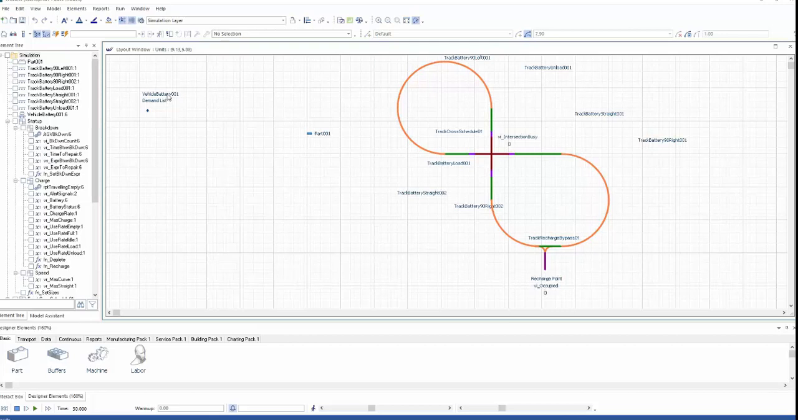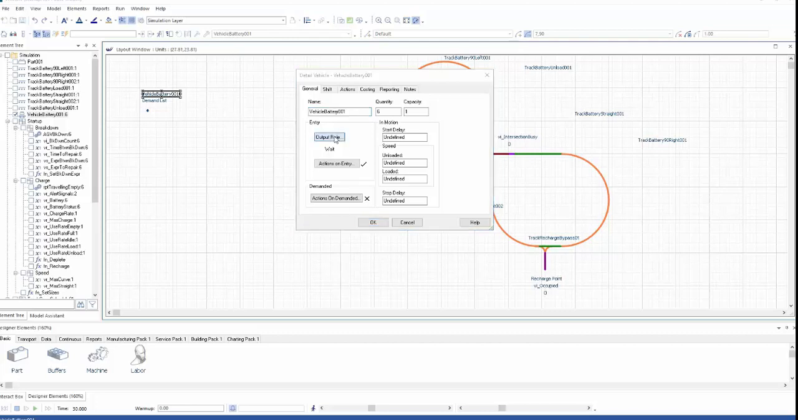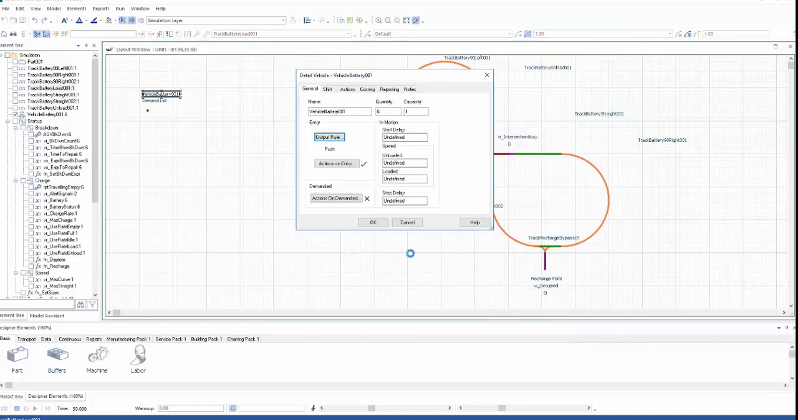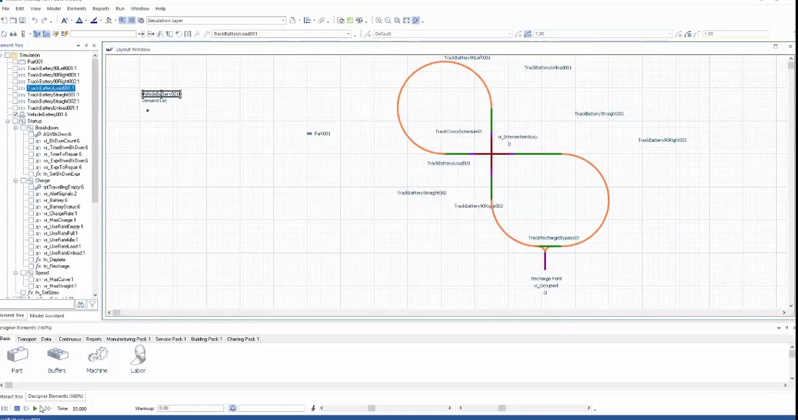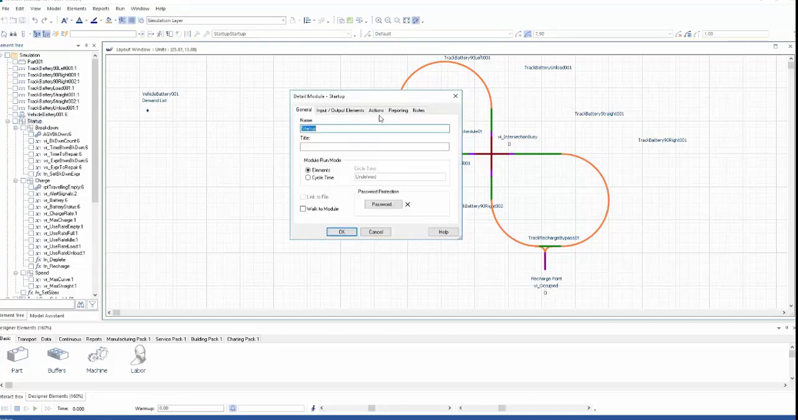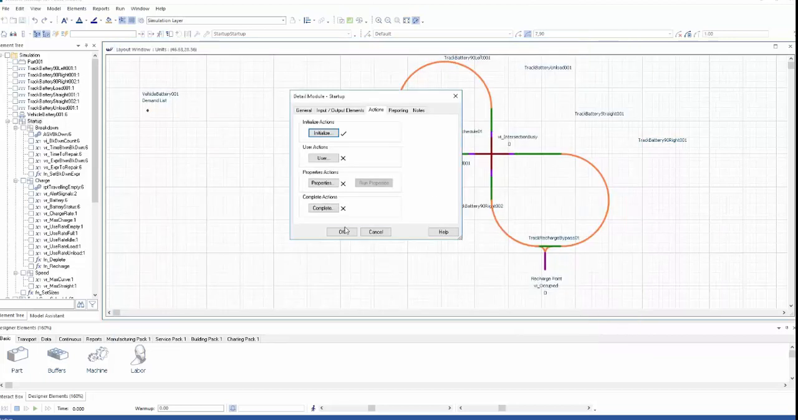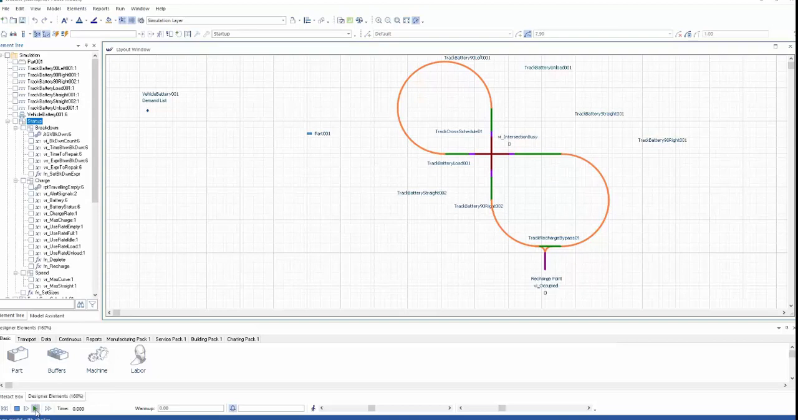We need to push the vehicles onto the track at an appropriate point. We can adjust the recharge warning points by setting the variables within initialize actions. So let me just make that a slightly wider range, and then we can run the model to see the behavior. So each vehicle enters the track and will only cross the intersection when it's not busy,